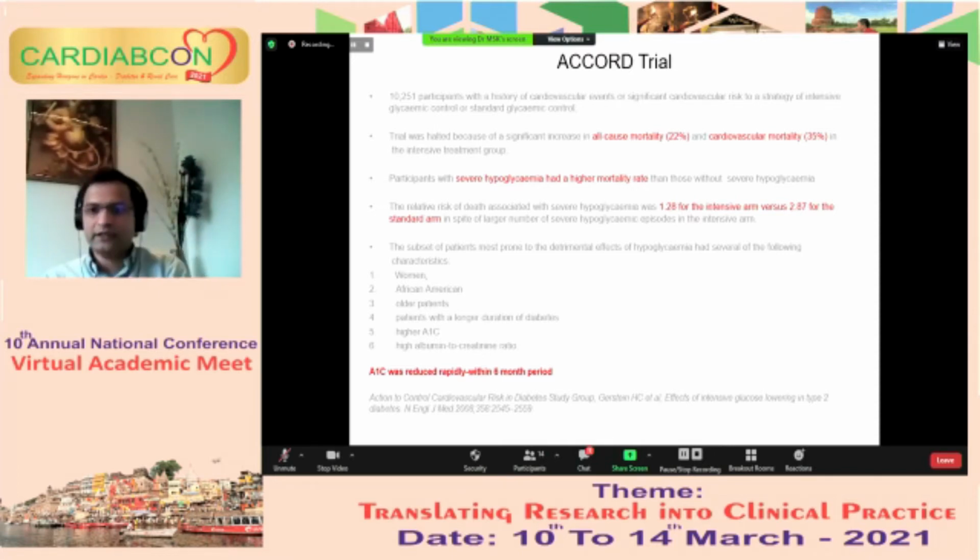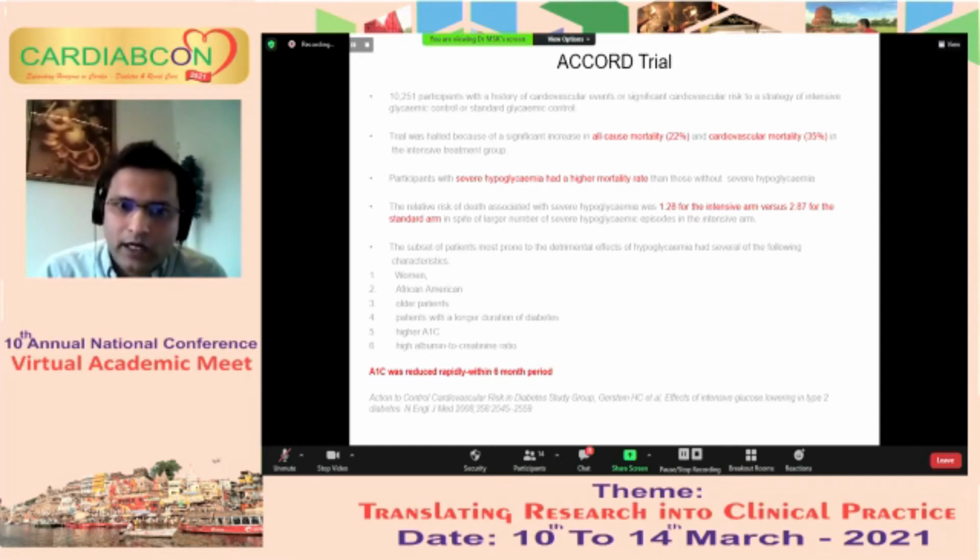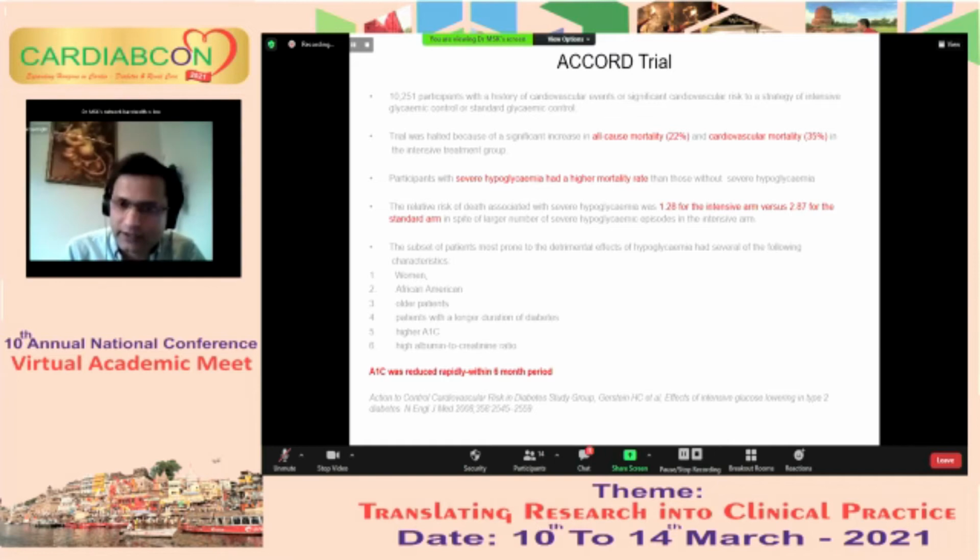What is more interesting in this trial, if you look here, is that the relative risk of death from severe hypoglycemia was higher in the standard arm as compared to the intensive arm. One reason could be that when patients have recurrent hypoglycemic episodes, there is a blunted sympathoadrenal response, and whether that acts as a protective mechanism, we don't know. That's why there is quite a discrepancy. So we were expecting the death rate to be higher in the intensive arm, but that was not seen in the